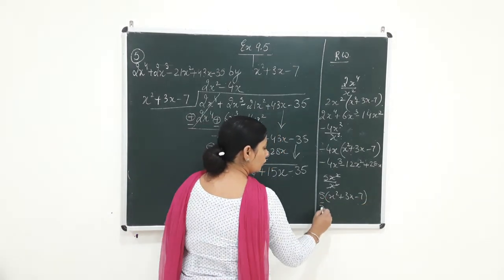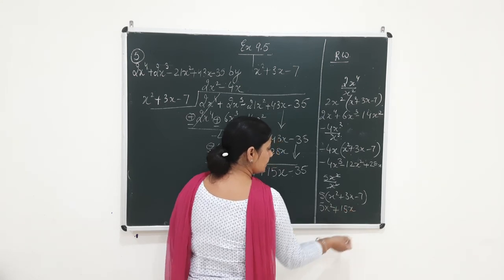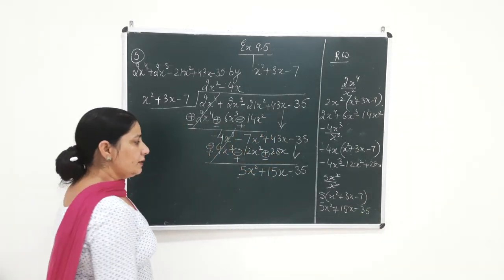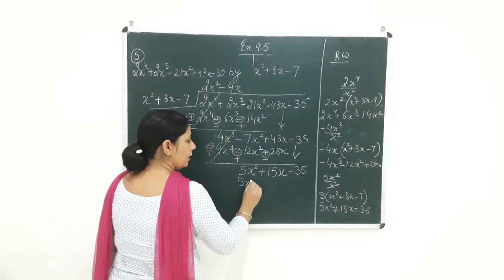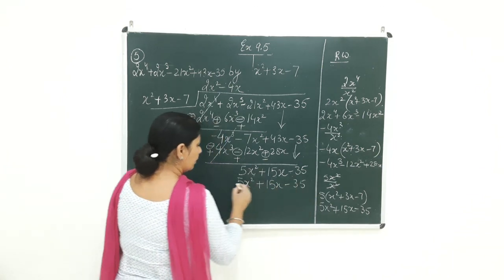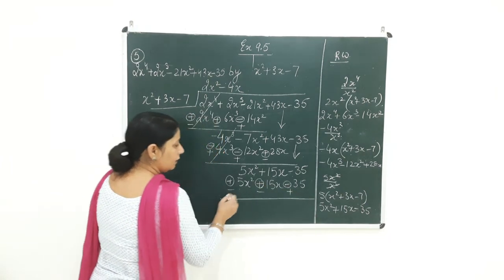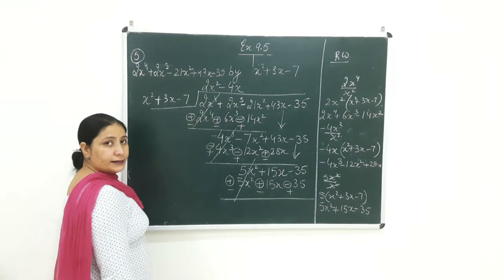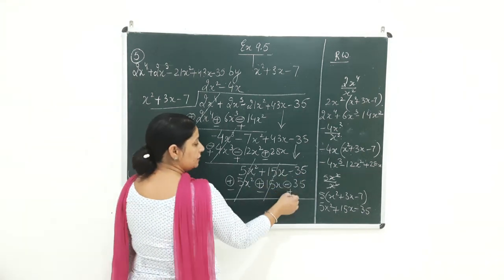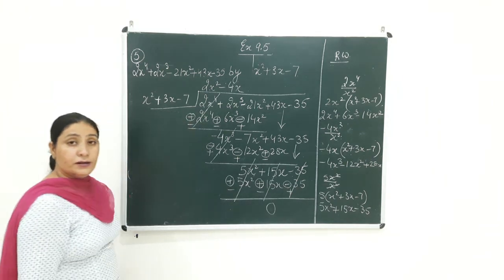5 into x is equal to 5x square. 5 into 3 is equal to 15, along with that you will get x, and 7 5s are 35. So let us arrange it here. We have 5x square plus 15x minus 35. Now let's change the signs. When you change the signs, beta, 5x square and 5x square will get cancelled. 15 and 15 also will get cancelled. Minus 35 and plus 35 also will get cancelled. And you are left with the remainder 0.